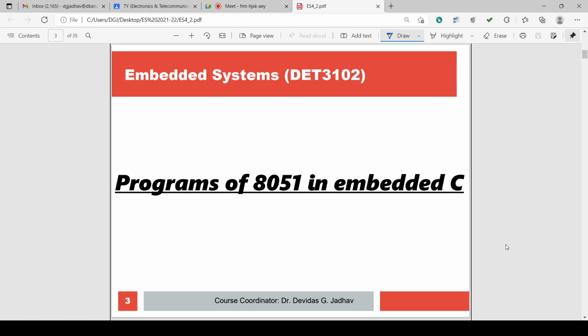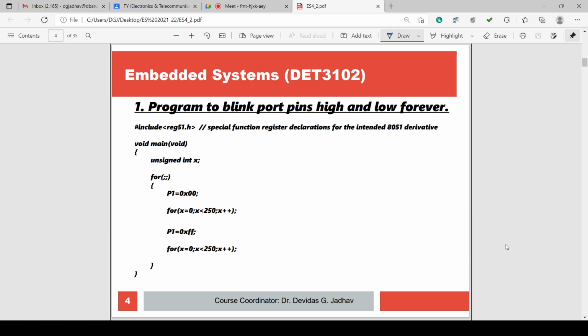So this is again the fourth unit of this ES, and we are going to execute the programs, checking the simple programs one by one. Okay, so we'll turn now to Keil software.